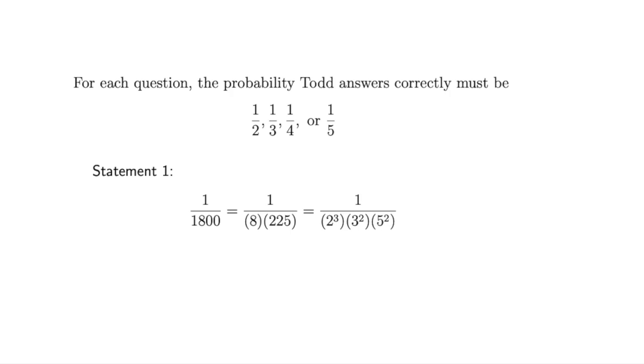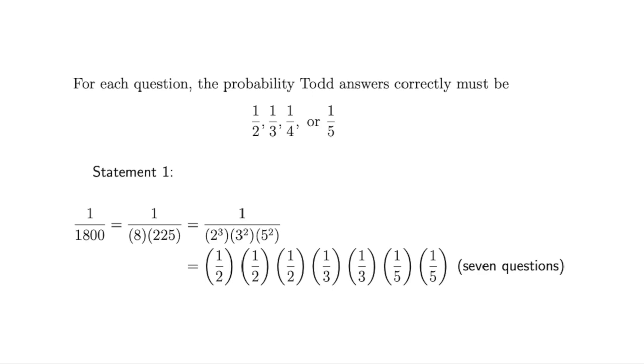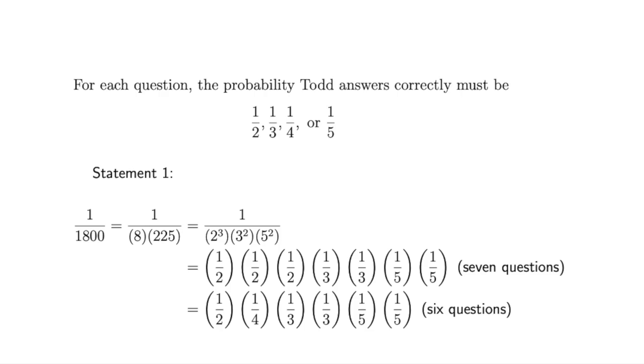But to get the 2 cubed in the denominator, we might multiply 1/2 by 1/2 by 1/2, in which case we're multiplying 7 different fractions together, and there are 7 questions on the test. But we could also get the 2 cubed by multiplying 1/2 by 1/4, and then there may only be 6 questions in total on the test. So we have 2 different possible numbers for the total number of questions on the test, and statement 1 is